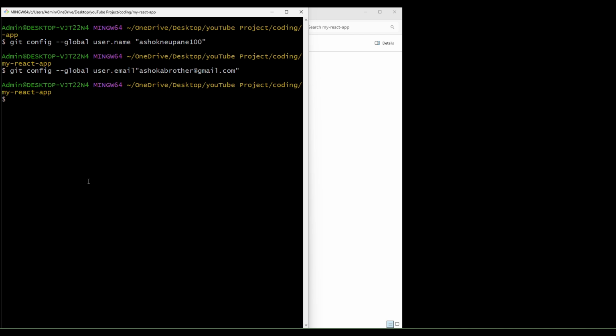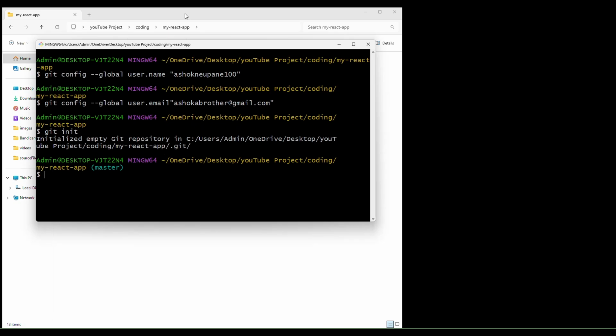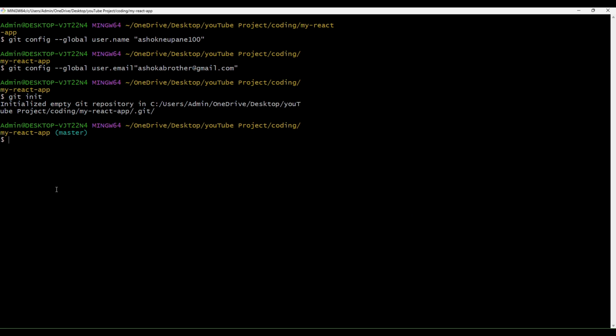At first, you don't need to memorize all the commands. Later on you will understand each thing once you do the practice. But here, at first is git init. It says initialized empty git repository. Then the next step, git add, then space and dot. It means it will add each and every file. If you want to add one file only, you can put the file name on here.